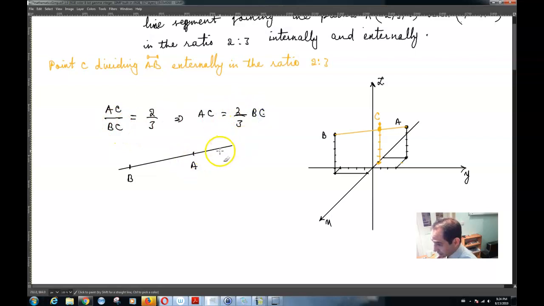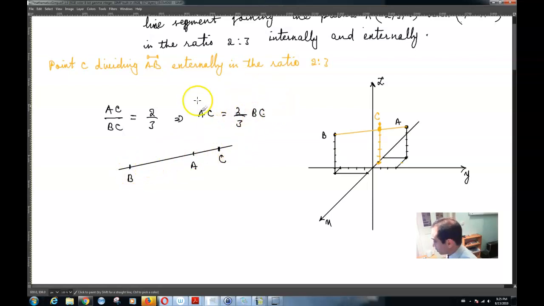So if AC is supposed to be 2/3 BC, then C has to be on this side of the point A, which means that C ends up somewhere over here. AC is basically 2/3 BC. It has to be a little bit, for example, 2/3 BC would be this distance. This would be, for example, the point C, and AC, this distance right now, is basically 2/3